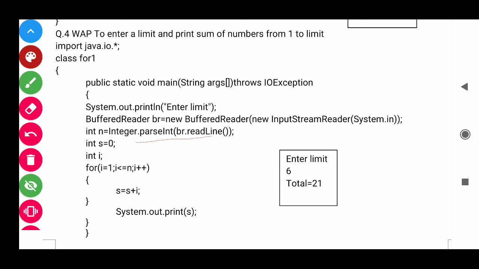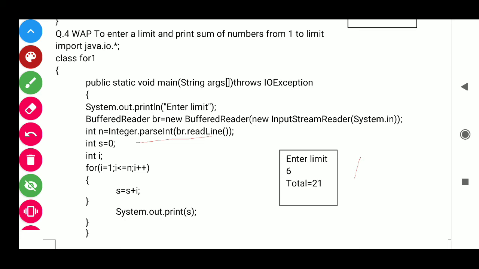Before we were using int i is equal to 1, so we were declaring as well as initializing also. In this, I have purposely taken this statement int i before, means any variable must be declared first. Okay. So i is 1 first time, i less than equal to n.